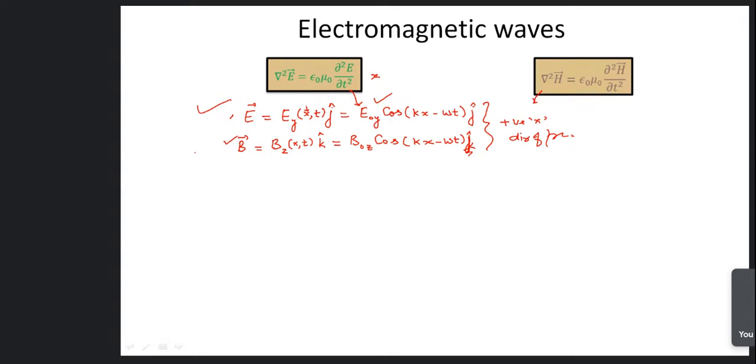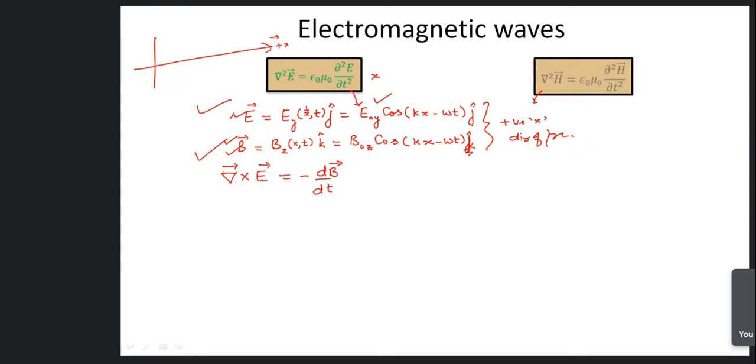Okay, and we know that from Maxwell's equation, these are related by Maxwell's equation 3, like this. It is del cross E is equal to negative of d by dt of B vector. Okay, if you see what I mean by this, this is an electromagnetic wave propagating in this direction, that is